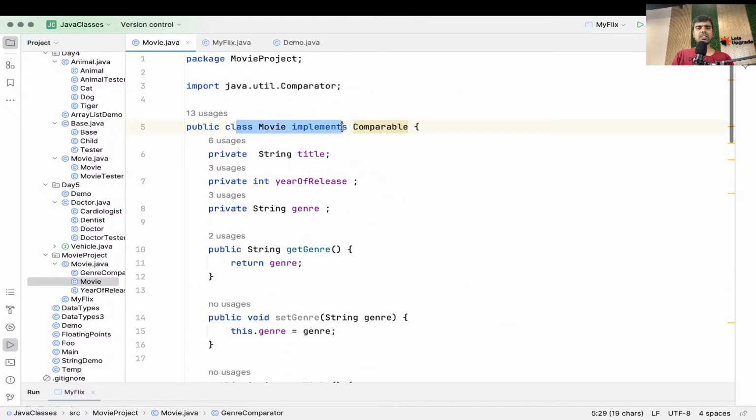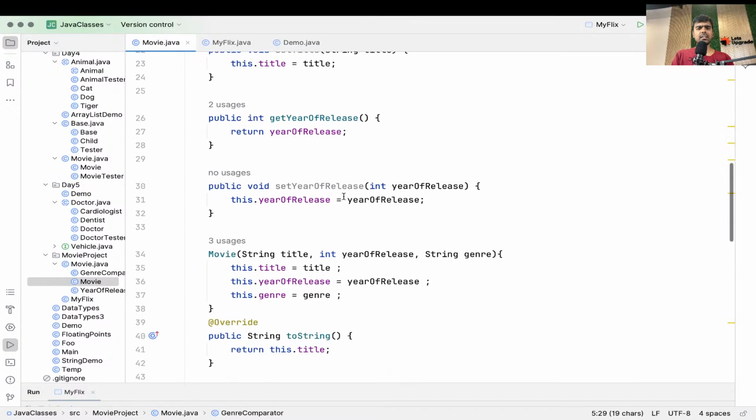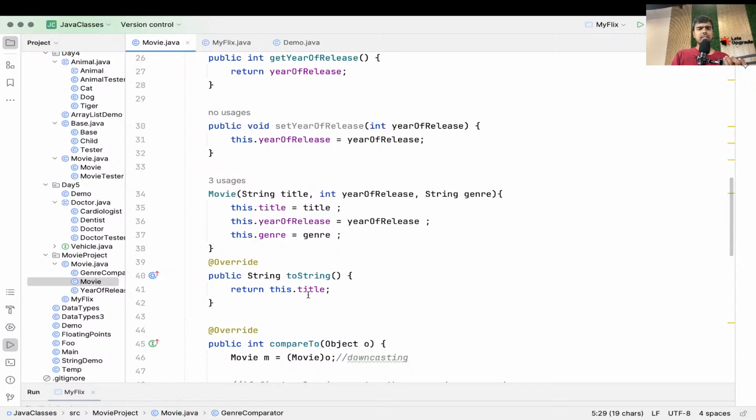Here it's the movie class, right? It is simply printing the title of the movie, right? But now I also want to print the genre and the year of release, so I can print it. So just simply make a string. So here I can write